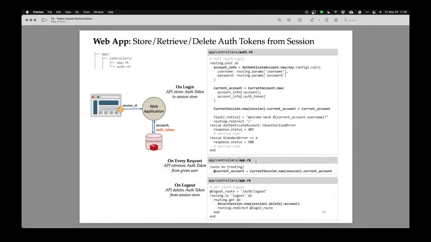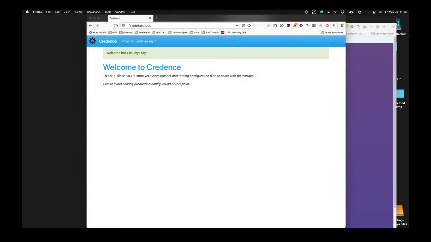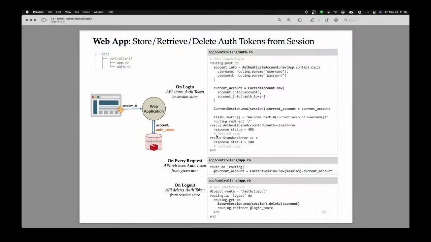On every request, including after I logged in and came back to the home page, I redirect the user to the home page once they've logged in. When they're redirected to the home page, at the very top of my controllers on app.rb,